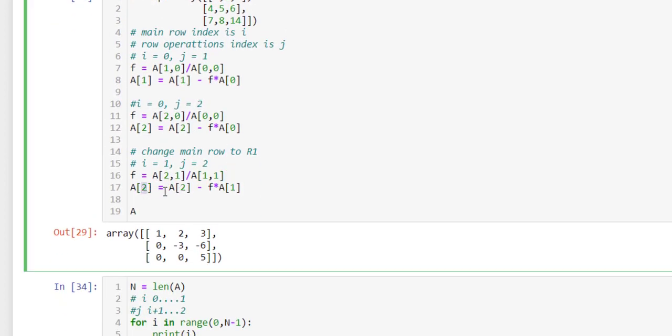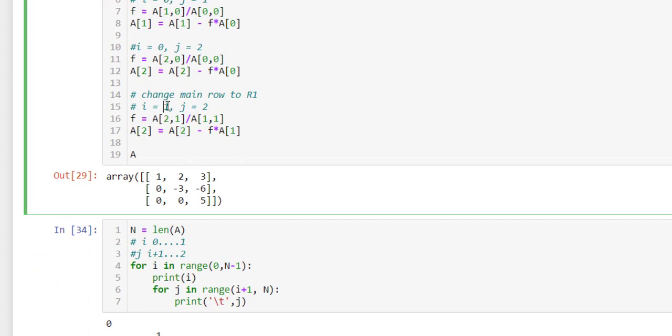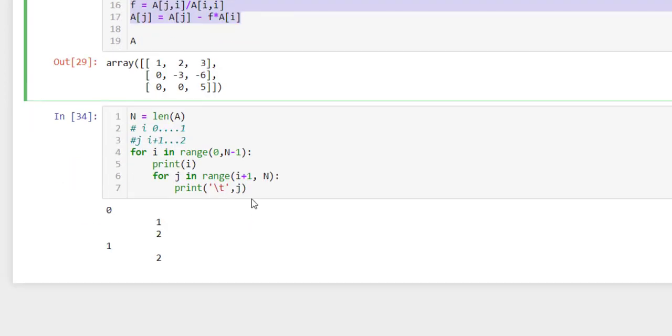We cannot sit and type these numbers here, so we have to convert them to the index, and we already kind of know what the index is. So here this is i and j is 2, so this one was i, this is j, this is also j. And for the factor as well, we know that this is i, and this is j. So this is basically our generic script. Instead of writing this 5 or 10 times, you can just have one line like this that changes as i changes. So let's copy this and put it inside our script.